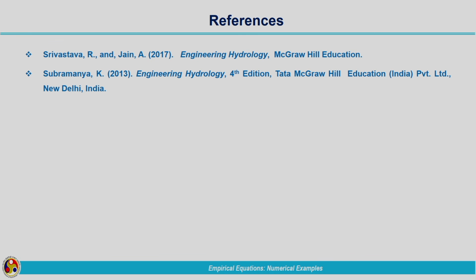So, we have done two numerical examples corresponding to the Kostiakov equation and also Horton's equation. Now, we know how the cumulative infiltration curve and also the infiltration rate curve will look. Infiltration rate in the case of the Kostiakov equation is given by a power relationship, and in the case of Horton's equation, it is represented by an exponential relationship. Once the infiltration rate is there with us, we can calculate the cumulative infiltration curve by integrating the infiltration rate. Whenever we have the data, we can make use of those infiltration experimental data to get the parameters